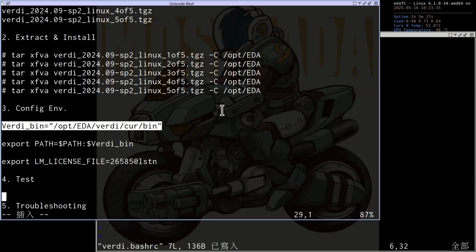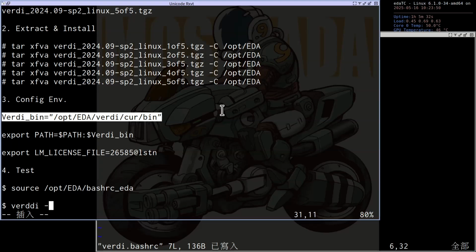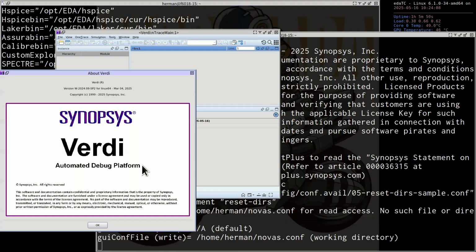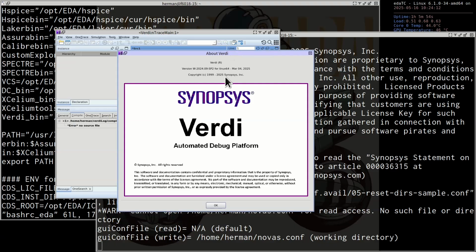In my computer, there is no troubleshooting, but I don't know whether you need the troubleshooting or not. Okay, so in my computer there is no need to do troubleshooting, and I can open Verdi and verify its version.